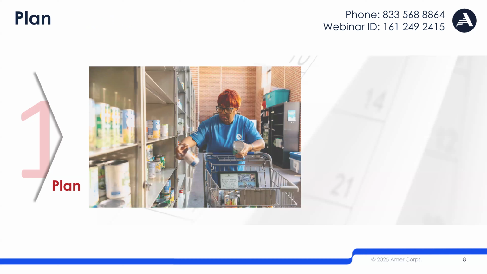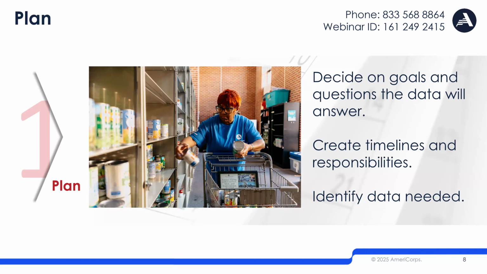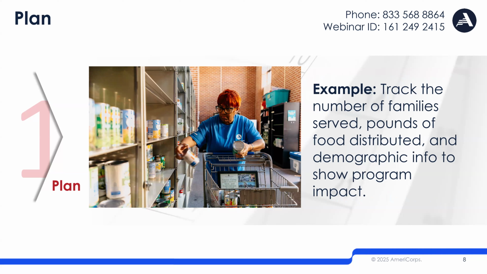Before we jump into the data steps, let me paint a picture of our example program. Imagine we're all part of a community food distribution program that partners with local food banks and grocery stores. Every week, we set up in different neighborhood locations to provide fresh produce, staples, and prepared meals to families. We work with volunteers who collect donations, organize distribution events, and connect with our participants. This food security program has many moving parts, from tracking food donations to understanding who we serve and measuring our community